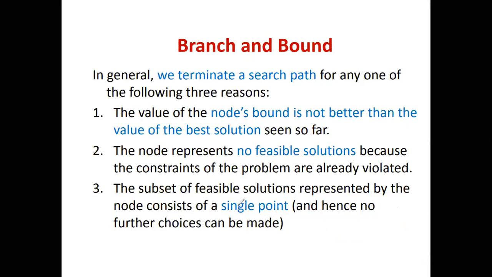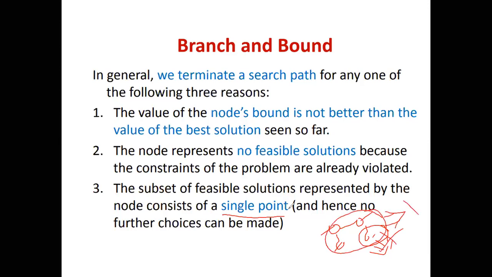So what is the next reason? The next possibility which leads us to terminate the search path is whenever you reach the last node. For example, suppose you have n number of objects, and you have done with all objects, and no further choices or alternatives you can take. In such a case, you call it a single point. Once it reaches a single point, you can stop there because we have done with all the objects.